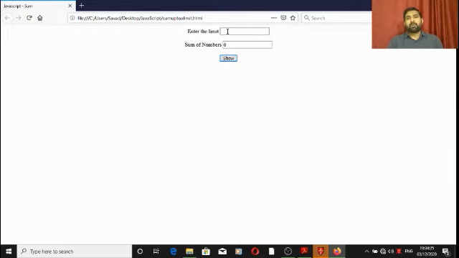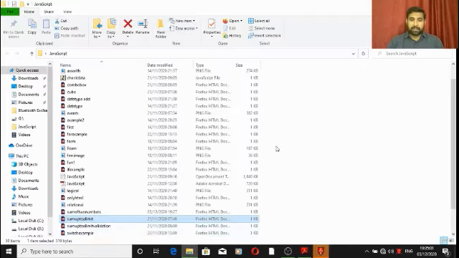In order to display some messages, if the user does not type any value and presses the show button, he must be alerted with a message, enter a number. And if he types something other than a number, again he must be asked to type a number. Such messages are to be displayed. That is actually called validation, requesting the correct input data. So let us see